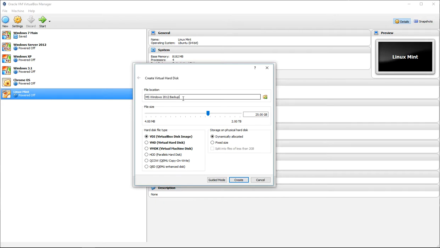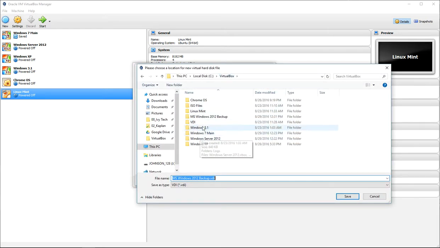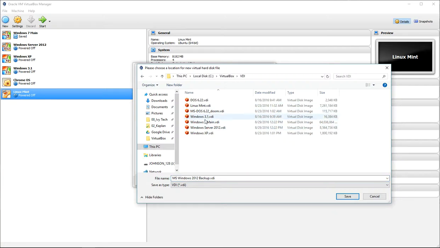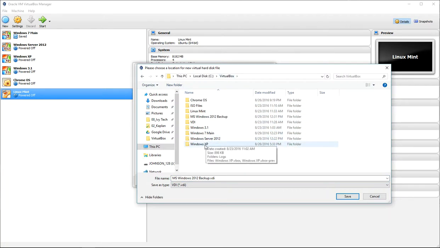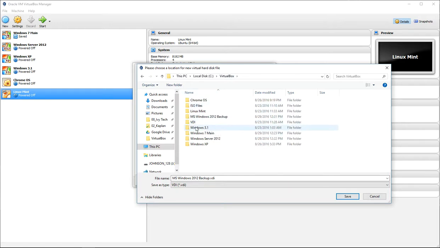This is where sometimes I put my VDI file in a different location, because if I click this, it's going to go into my VirtualBox. You can see I've got different folders here for different machines. 3.1, my Windows 7 mains, or Windows XP, but I've got my VDI files in here. Normally it creates the VDI files inside each folder, but if you delete that folder, you lose your VDI. So sometimes I save my VDI file and create a whole new machine and let that machine go to a folder, but I leave my VDI in that folder. That's the logic that I use.